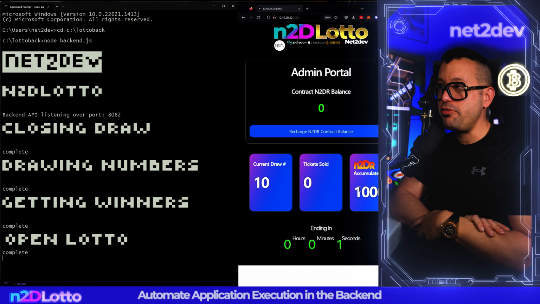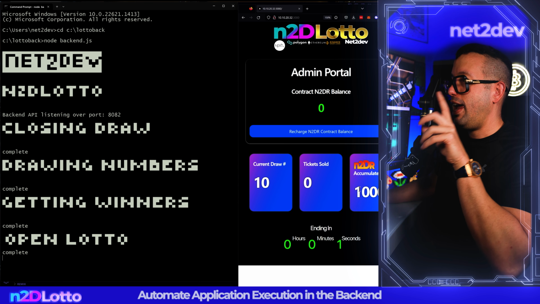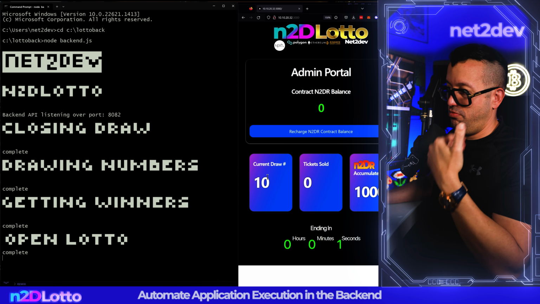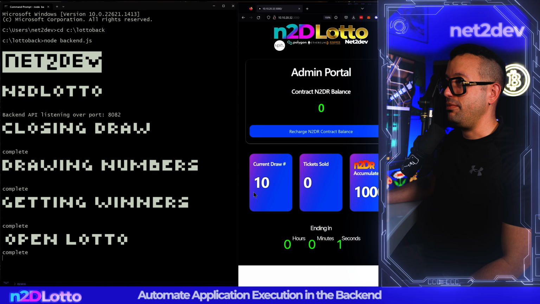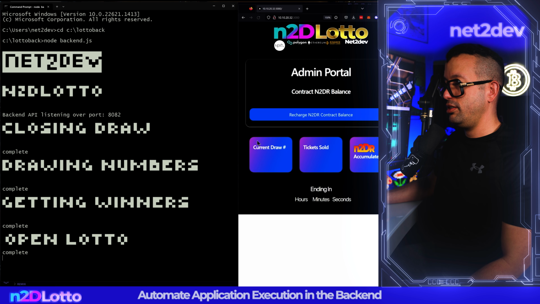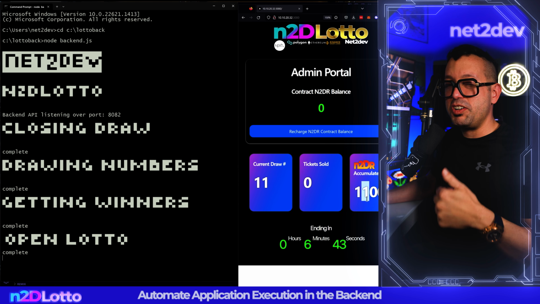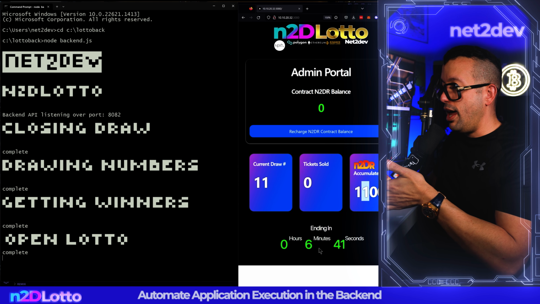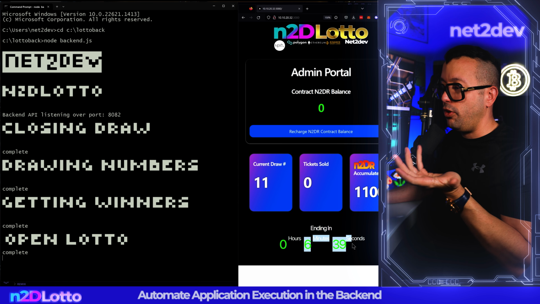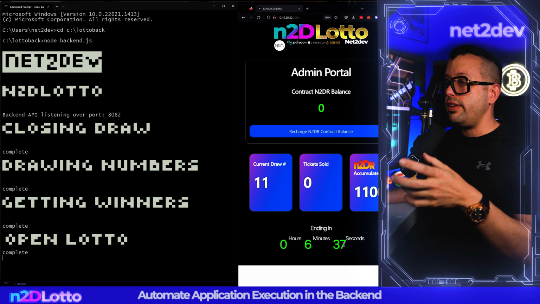Now let me go ahead and refresh the app and portal. And you are going to see that they should have changed to 11. So let me go ahead and refresh. There we go, awesome. And now you can see that we have increased the jackpot pool. And now the ending time is set for like 6 minutes and 38 seconds because